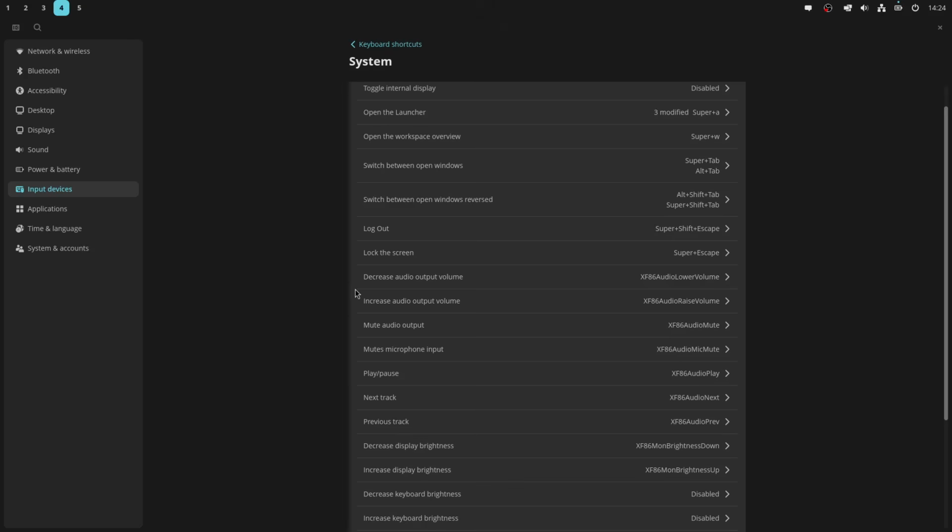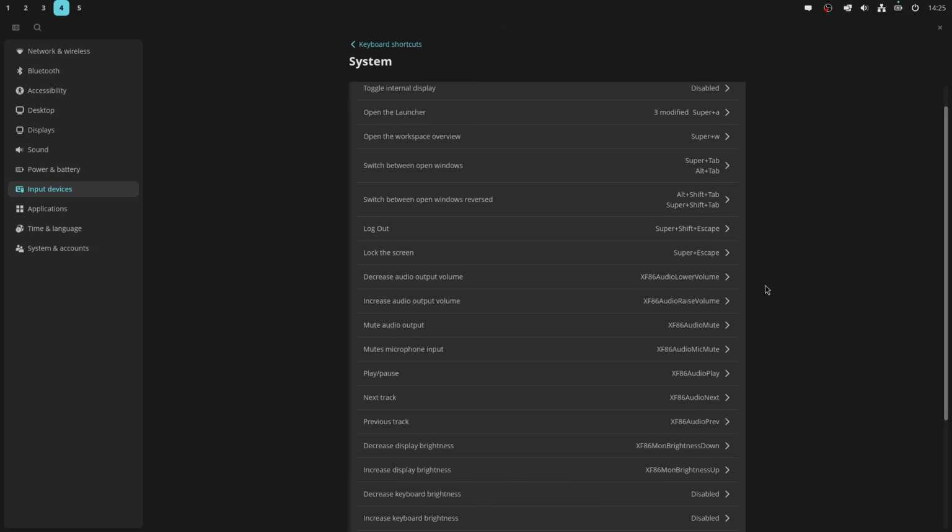Okay, so these are the XF86 keys. Those are the function keys at the top of your keyboard, typically labeled F1, F2, F3, and those also have the ability to change the volume, the screen brightness, that sort of thing. What you'll see here is the keyboard shortcuts for raising and lowering the volume. So you can see here I can increase and decrease the volume, and what's really nice is you have a